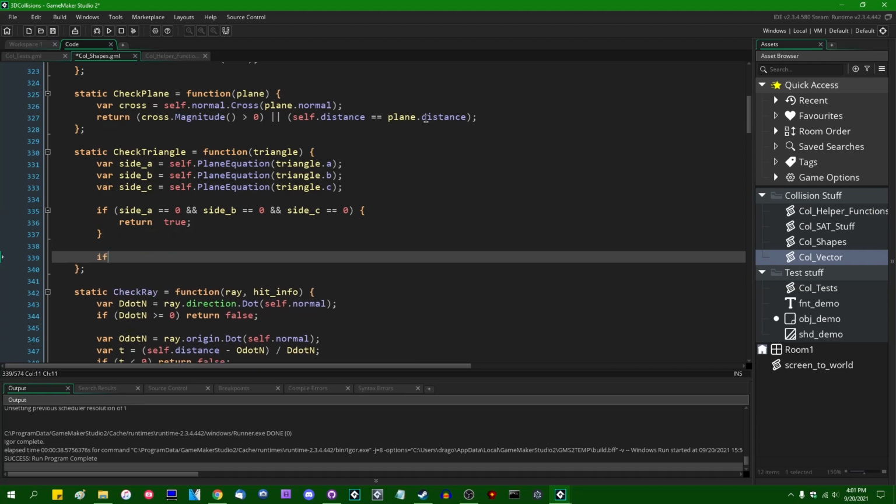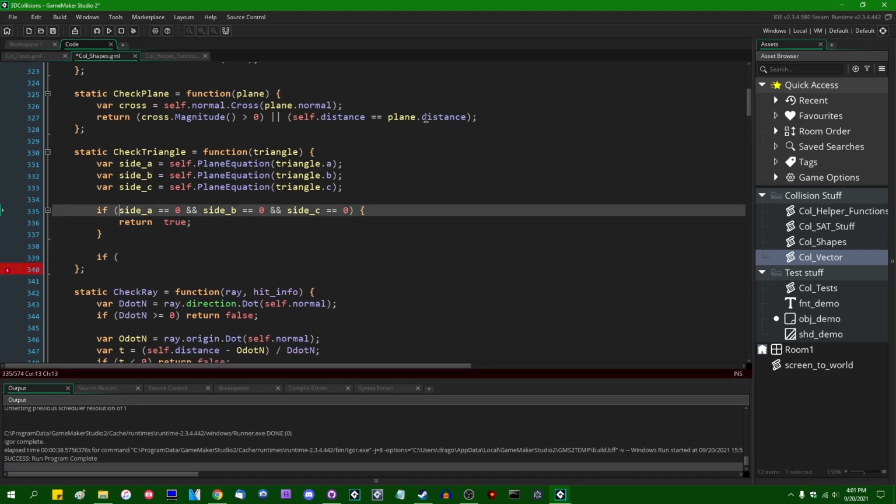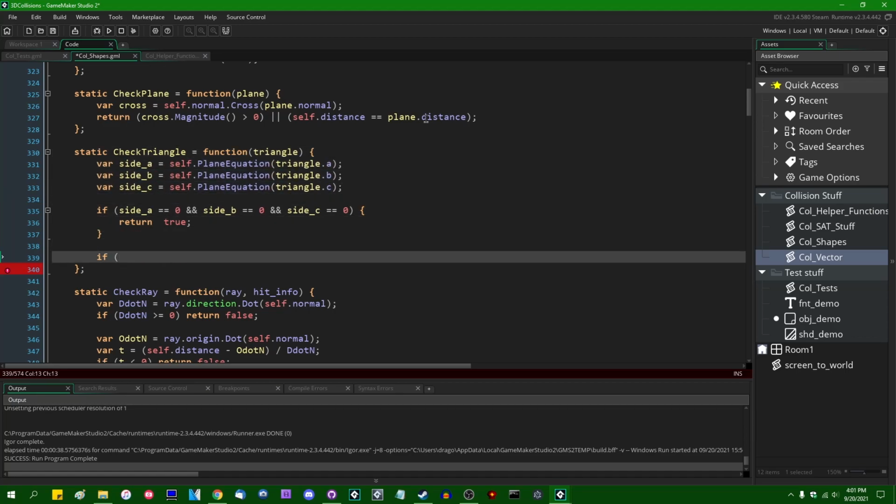Otherwise, if each of these points of the triangle are on the same side of the plane, then their plane equation values will have the same sign. They will either be all positive or all negative. If, let's say, the sign of side A is equal to the sign of side B,